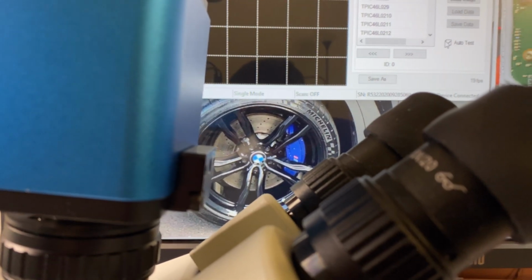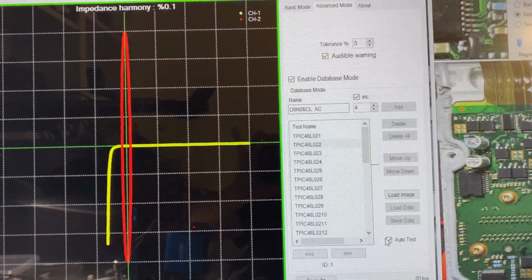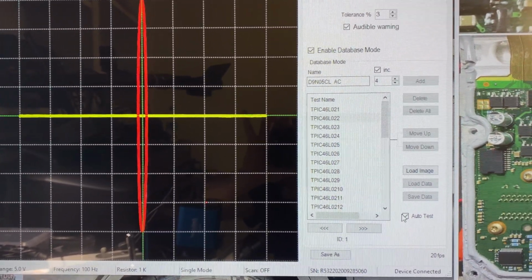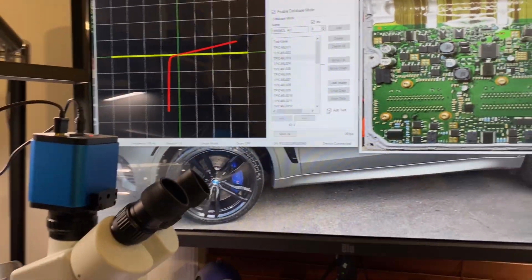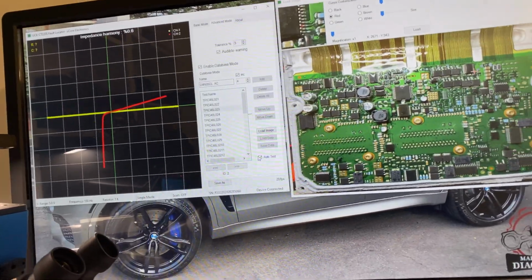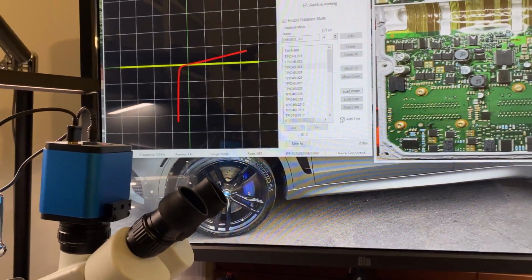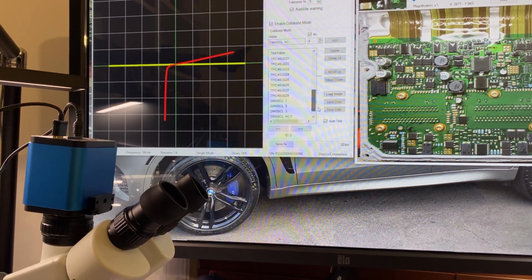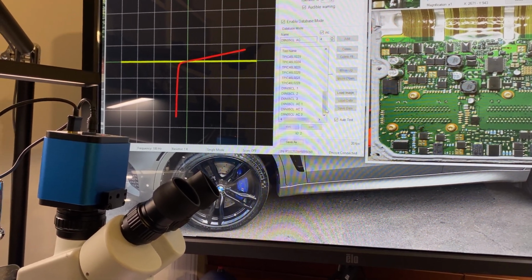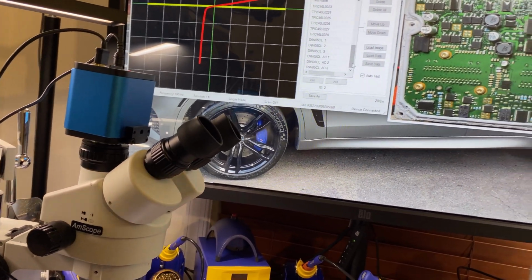It's very hard for me to see, but hopefully you guys can hear that. So it's now moving into pin 2, and that sound shows us good. It is good because it's the same component that I just said. So, and I went through the 24 pins on that. I also checked the drivers that I know as a fact are the drivers for the fuel pump and for the AC,